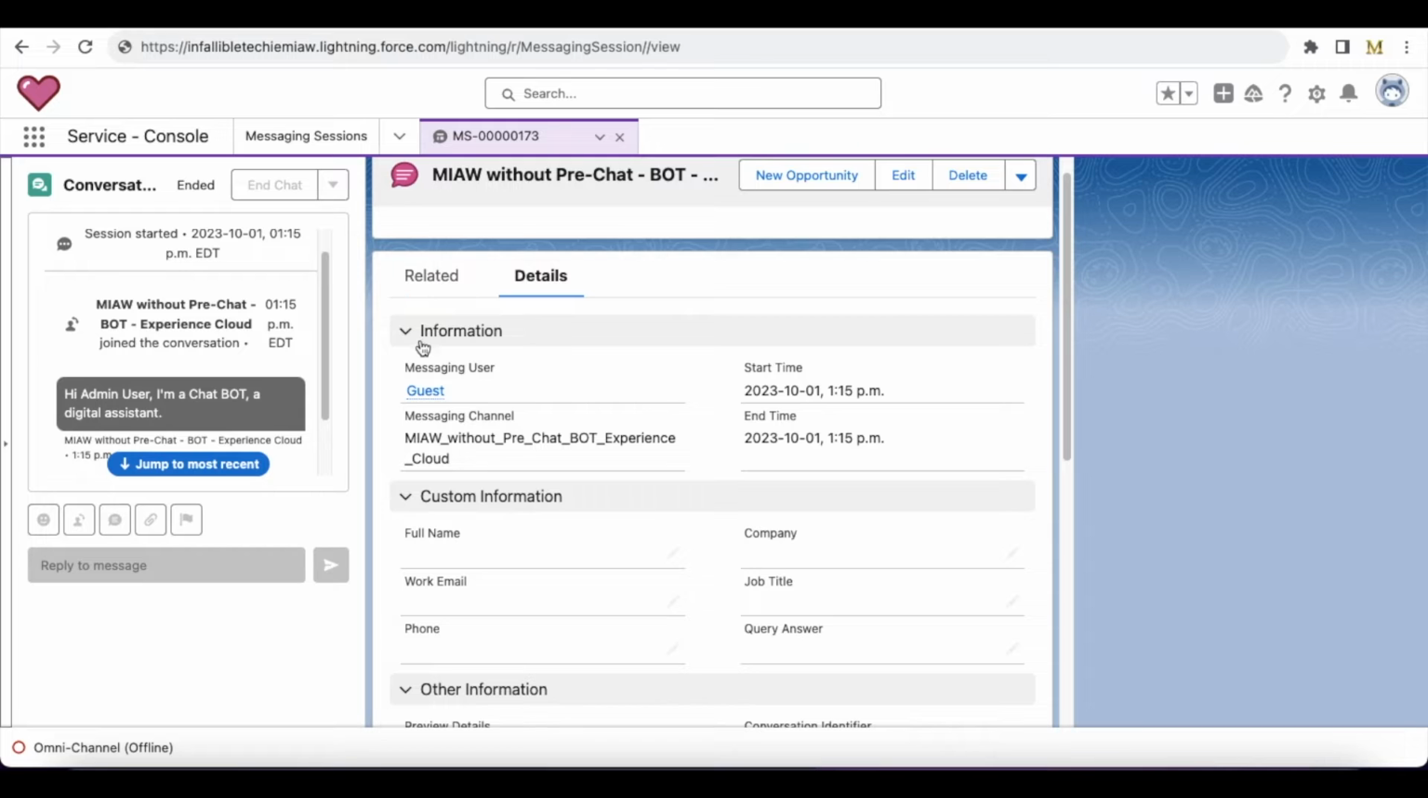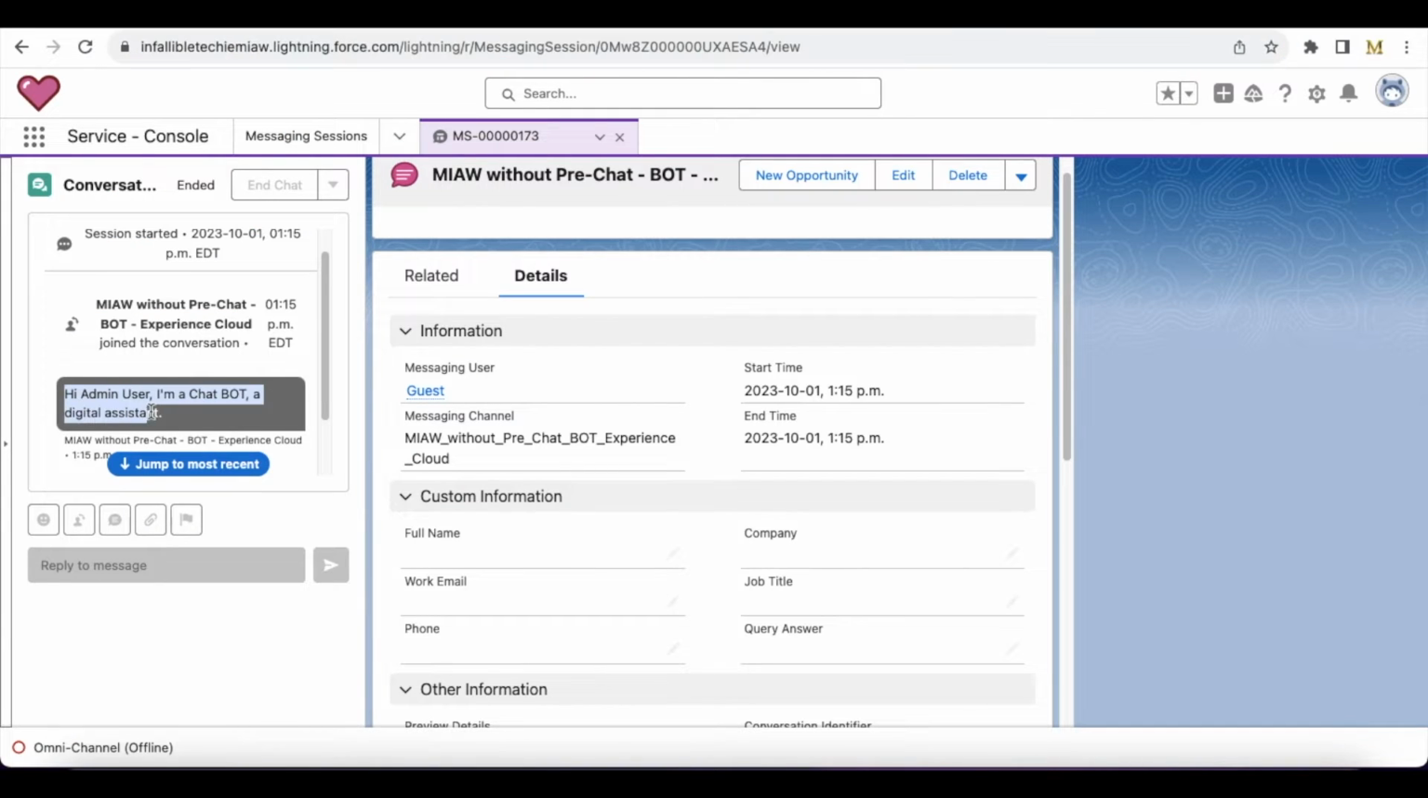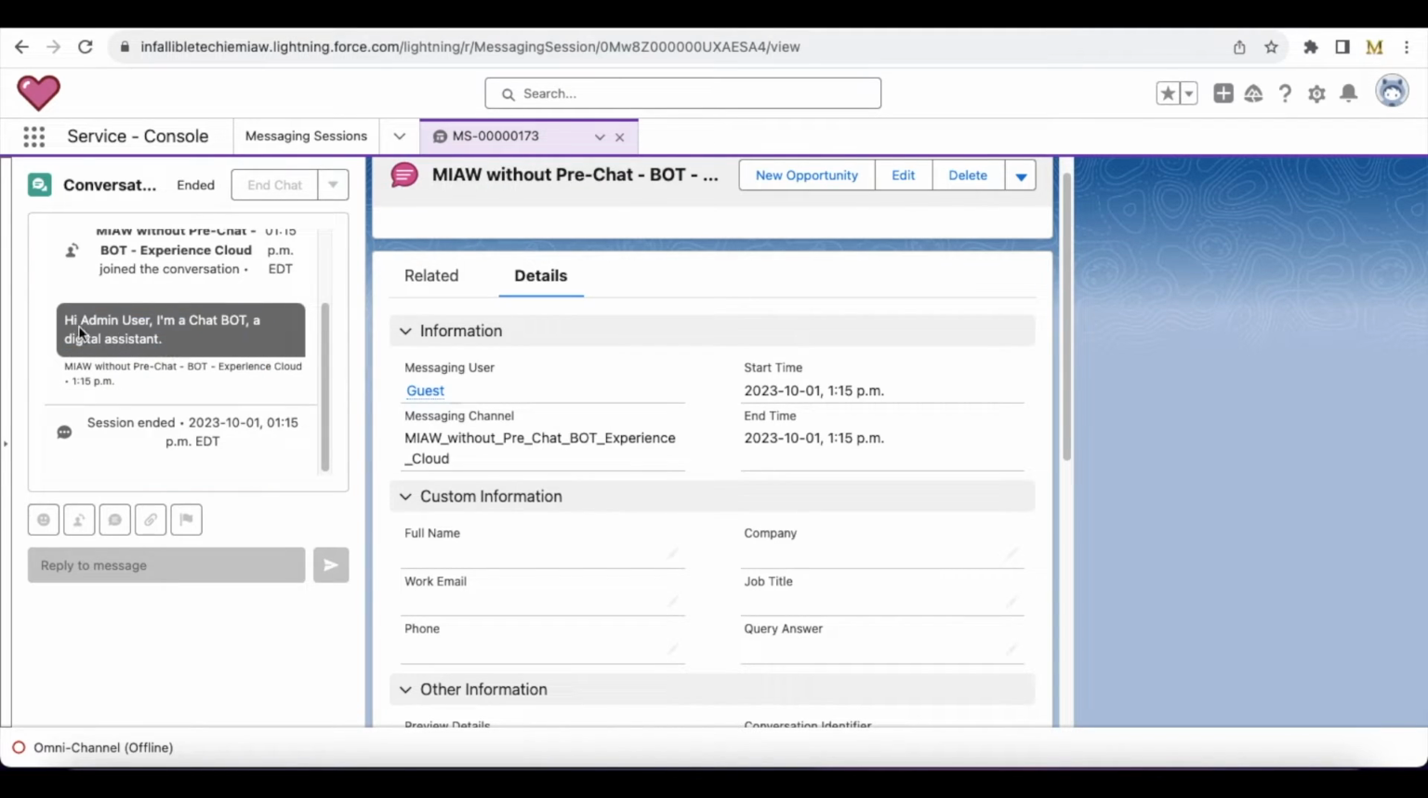In this example, for this messaging session record, this is the only messaging session conversation entry which we can see. So as part of this conversation, there was one message that was sent. Usually, if you have a back and forth conversation between agent and the visitor, then there will be multiple conversation